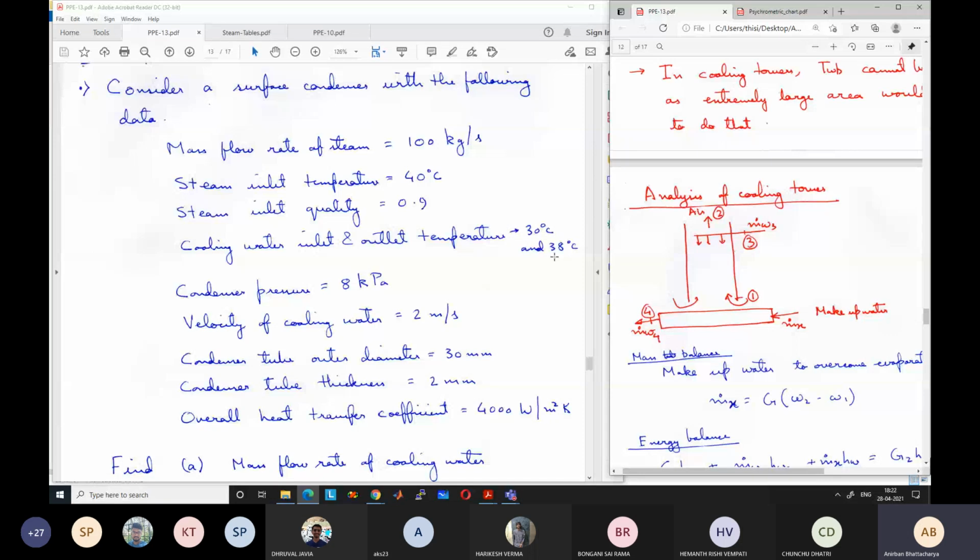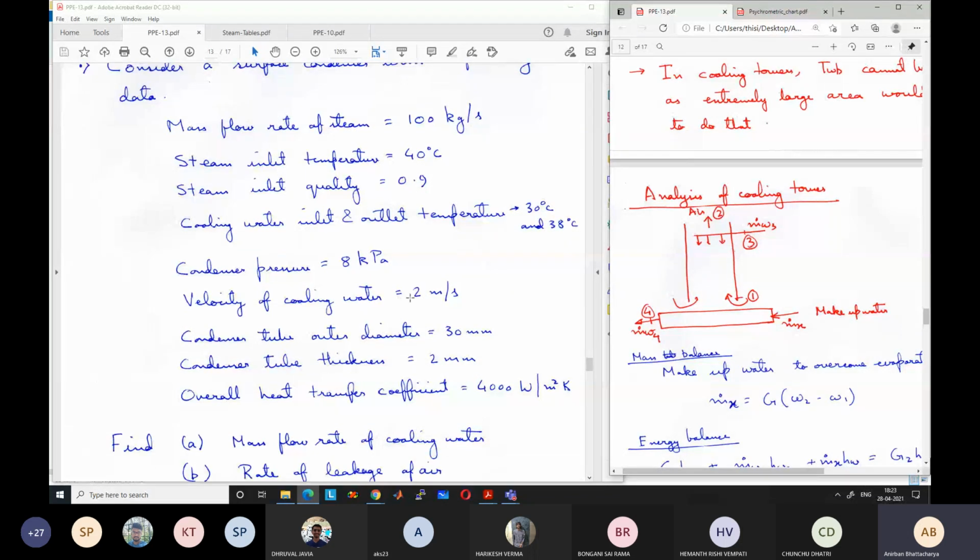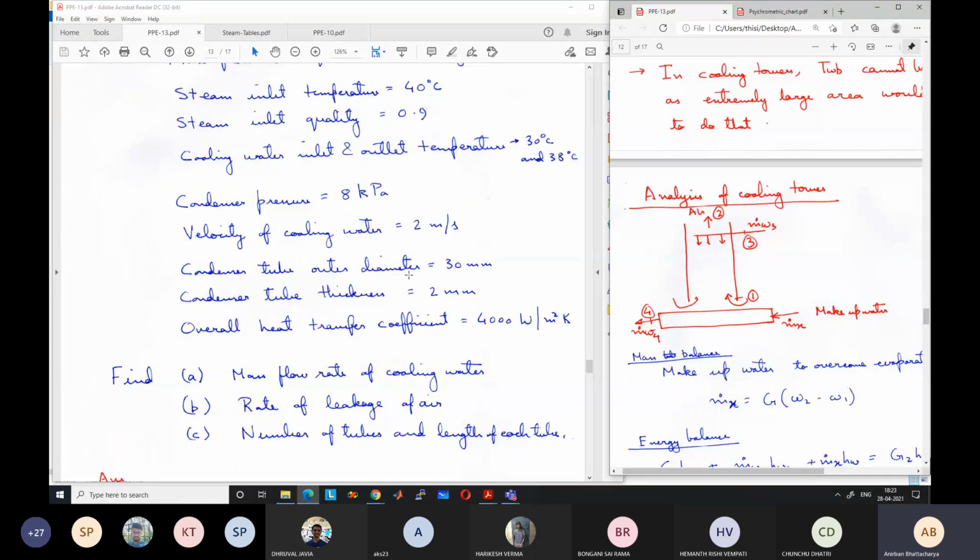So the pressure within the condenser, on the shell side, is 8 kilopascal. Velocity of the cooling water is 2 meter per second, and the condenser parameters are given. Tube outer diameter is 30 mm, tube thickness is 2 mm, which means that inner diameter is 26 mm, that is 30 minus 2 into 2. Overall heat transfer coefficient is 4000 watt per meter square Kelvin, U0. So just a standard problem similar to our